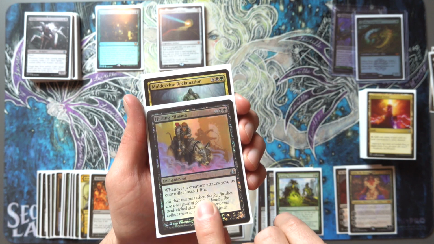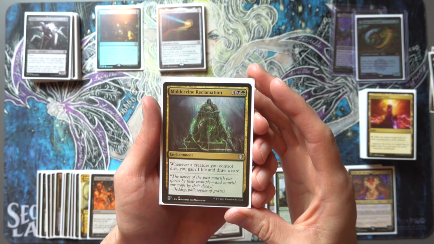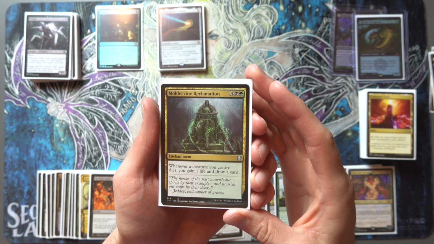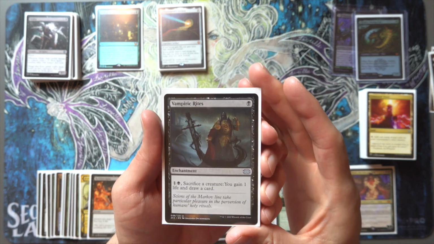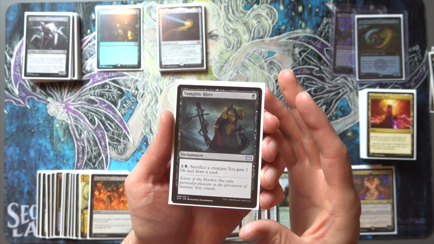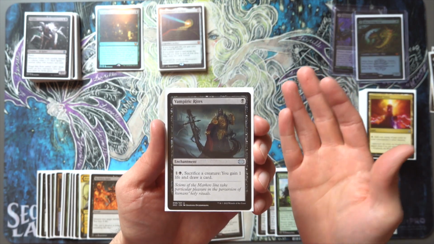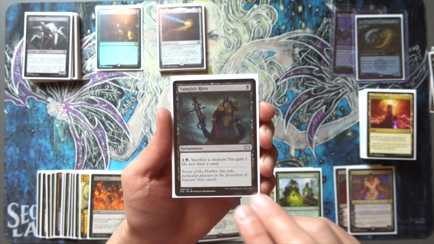I really like this. I used to have No Mercy in here, but I thought it was too strong, so I took it out. Whenever a creature you control dies, gain 1 life, draw a card. So this is great with all of your tokens. Vampiric Rites. Of course, you're going to want to sacrifice stuff all the time, whether it's to prevent your opponents from stealing it or just because they're pests and you might need a little bit of life gain. This allows you that card draw,